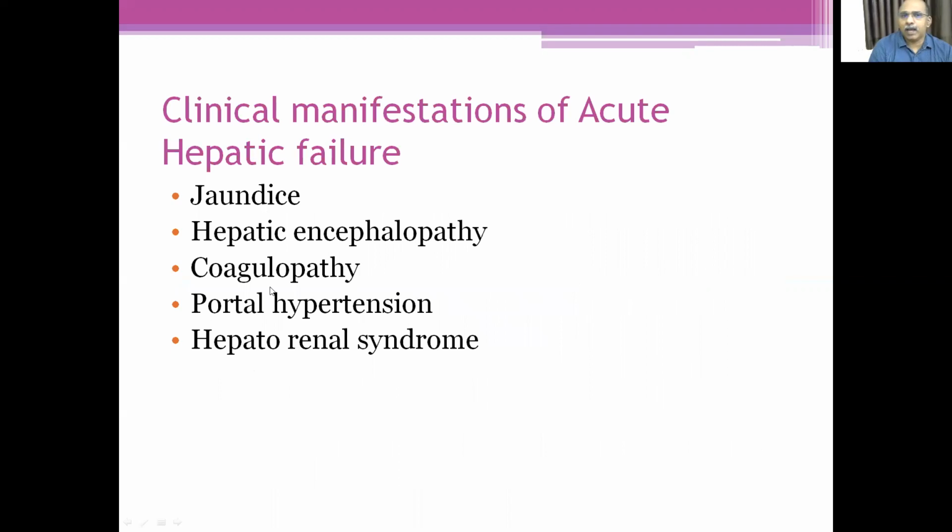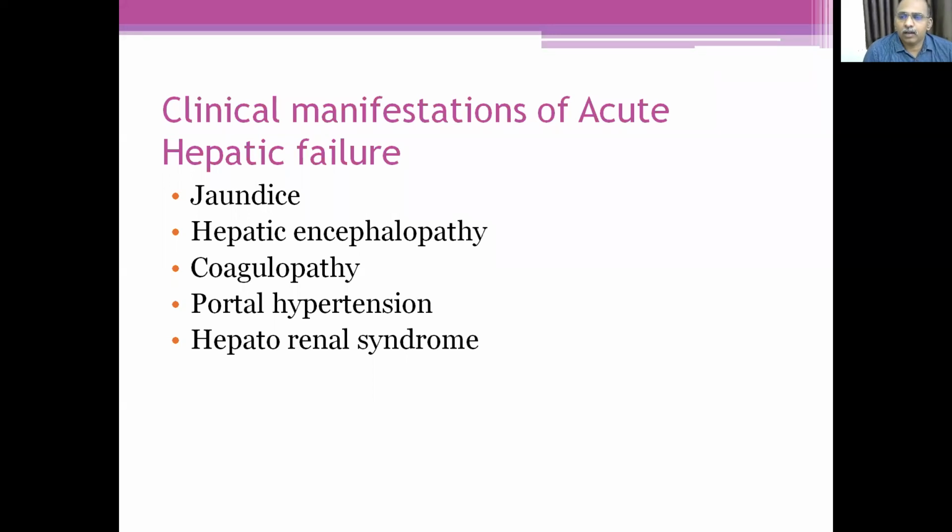So what are the clinical manifestations of acute liver failure? How will you know it is acute liver failure? Usually we see jaundice. It is not mandatory to have jaundice in all liver diseases, but usually we see it. And hepatic encephalopathy. Since the liver detoxifies so many things, ammonia concentration will increase and cause damage to the brain, so the patients will have symptoms like disorientation, or they might end up in coma.